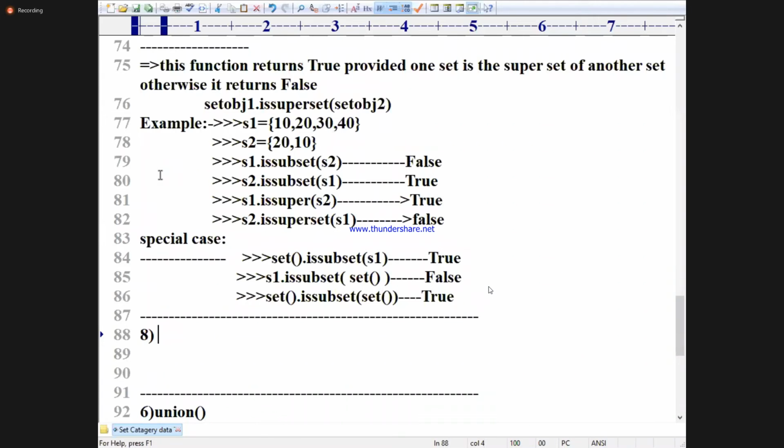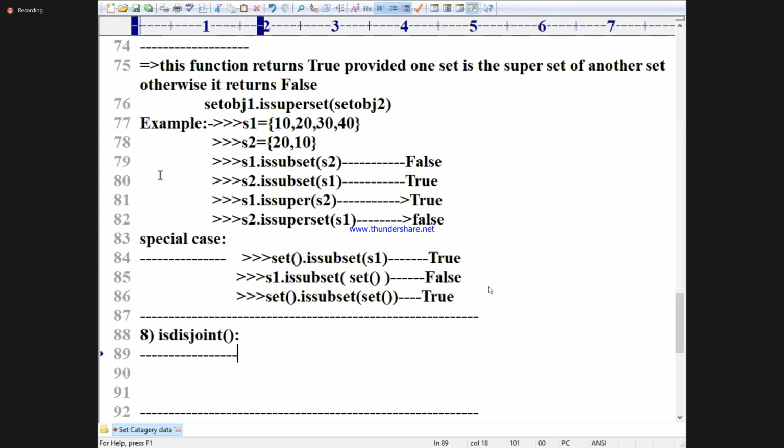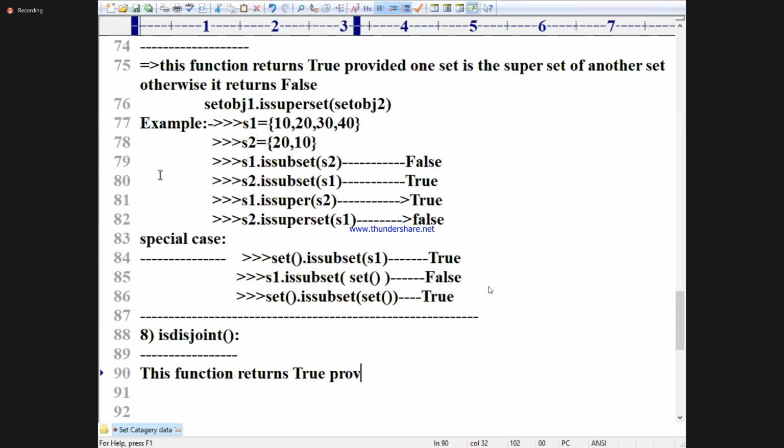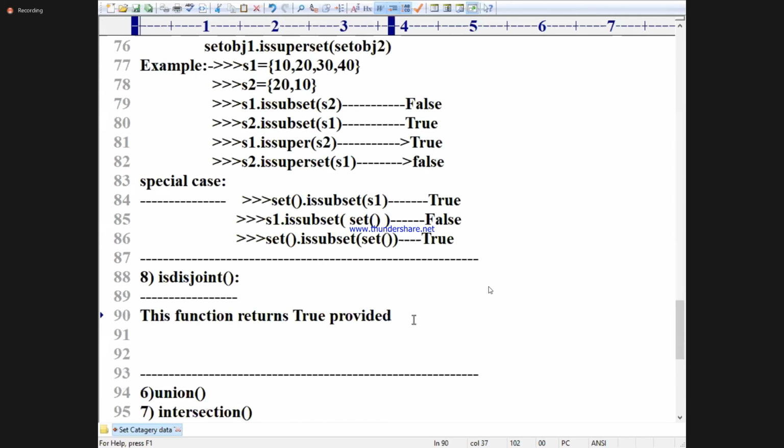Coming to the point: isdisjoint. This function returns true provided both the sets are having different elements.